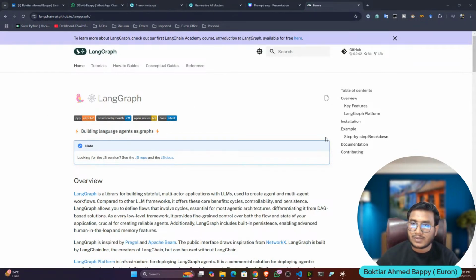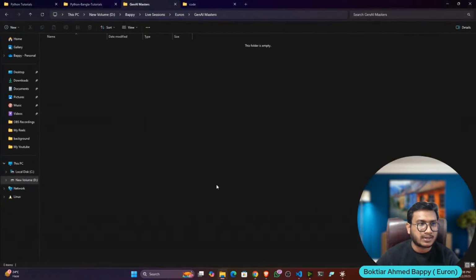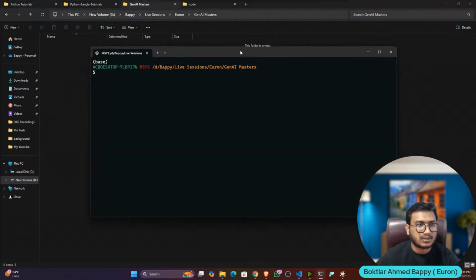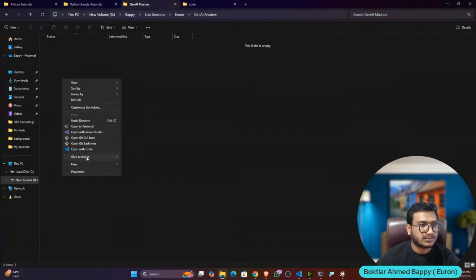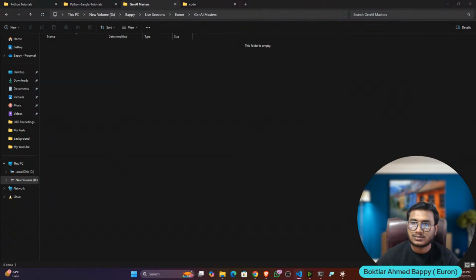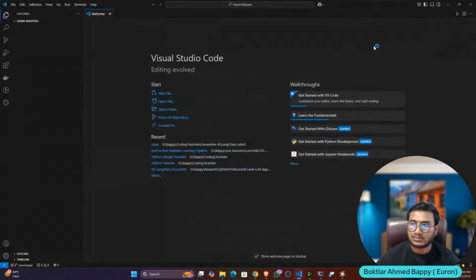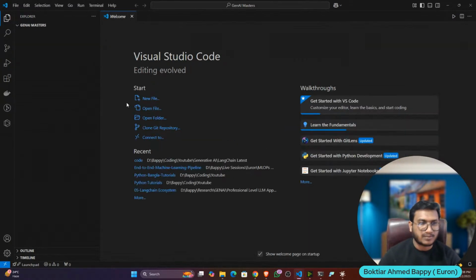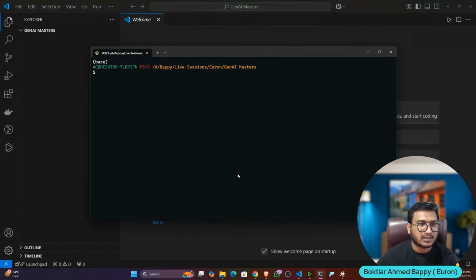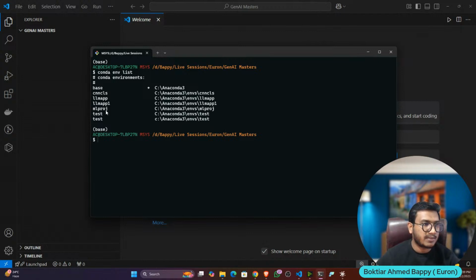So I'll open up my local folder, and here let's open up my terminal as well as my Visual Studio Code. Maybe you remember I already created one environment in my previous session. So let me activate that. conda env list. So I created this LLM app one. So let me activate this. conda activate